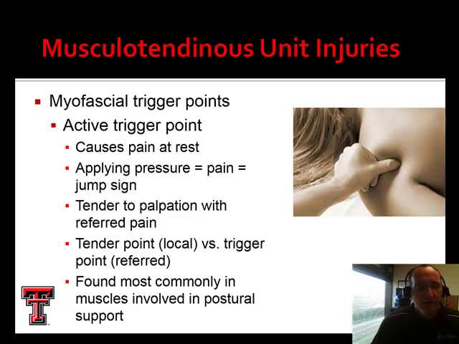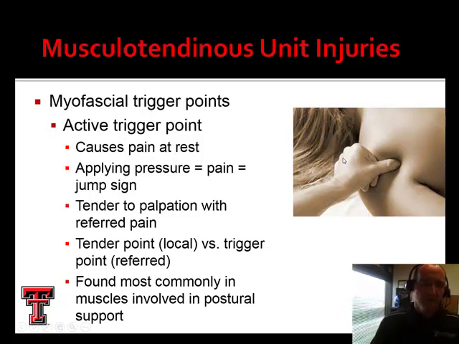Okay. An active trigger point causes pain at rest as well. If we apply pressure and we get pain, we may get what's called a jump sign, where the patient will kind of flinch. These may be tender to palpation with what's called referred pain. So if we poke on their shoulder, they actually feel pain shoot down their arm. They may have a tender point locally versus a trigger point, where pressing on the trigger point causes that referred